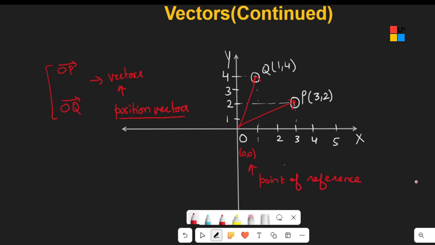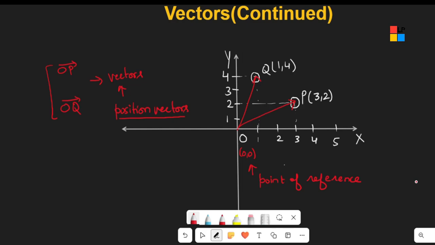And for different people the distance will be different because the reference point will be different in that case. But यहाँ पर whenever we are solving mathematics, we need a common reference point so that we can find out the actual position. So here the P point is at (3, 2), and Q is (1, 4). ग्राफ में हम इसको ऐसे पढ़ते हैं, बट अभी हम यहाँ पे इसको वेक्टर में डिफाइन करने वाले हैं. So OP and OQ, they both are position vectors because their position is determined from the origin.